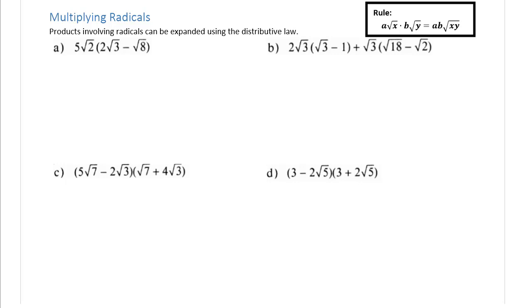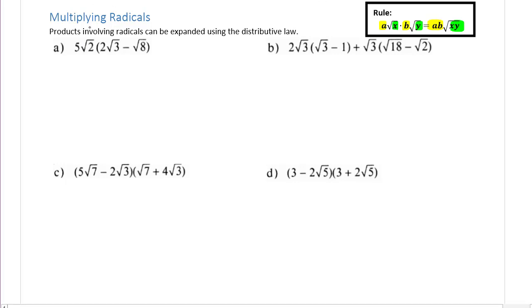Okay, moving down the page a little bit more, let's do some multiplication of radicals. So what does the rule say right over here? It says that if you're multiplying, and we did some multiplying in the last unit, you just multiply the numbers out front and multiply the numbers underneath the radicals. So A and B multiply, and the X and the Y would multiply. So if I'm doing something like this first one here,